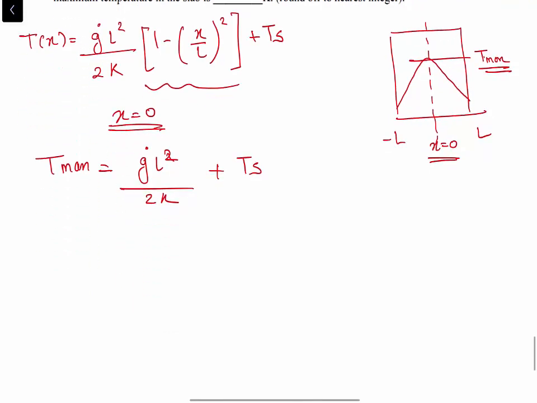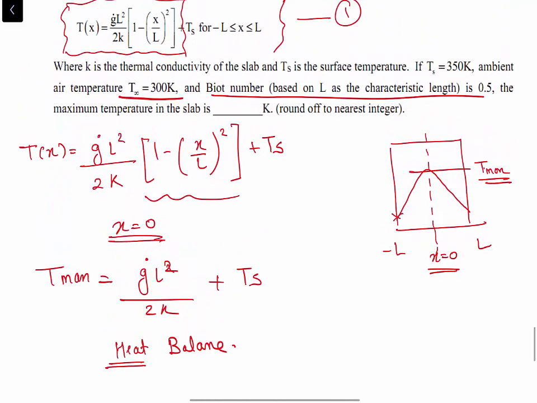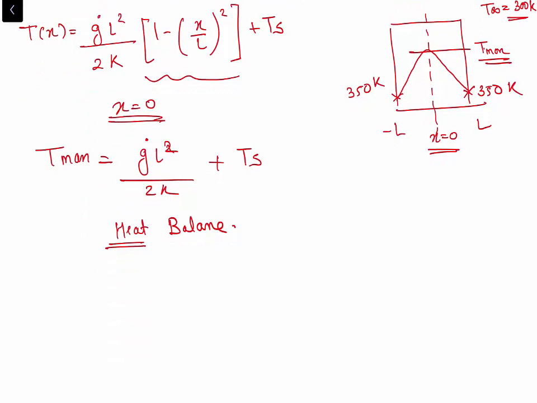Now we have to do a heat balance, that is very important, because surface temperature is given. How much surface temperature is given? That is 350. So it is a mirror image. Okay, sorry, it is symmetric from the center, 350, and atmosphere temperature is given, T infinity equals 300 Kelvin. So when we want to do a heat balance, units should be maintained. So this is G dot, that is watt per meter cube.